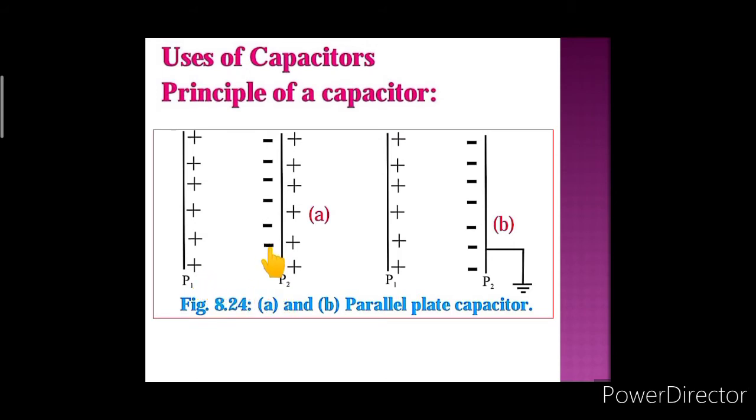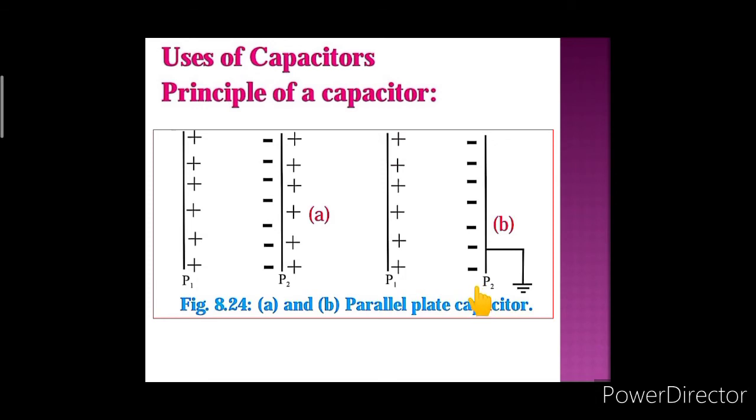As the induced negative charge is closer to P1, it is more effective, and there is a net reduction in the potential of the plate P1. If the outer surface of the plate P2 is connected to earth, the induced positive charges on the plate P2, being free, flow to earth, and the induced negative charge on plate P2 stays on it, as it is bound to the positive charge of the plate P1. This greatly reduces the potential of P1.